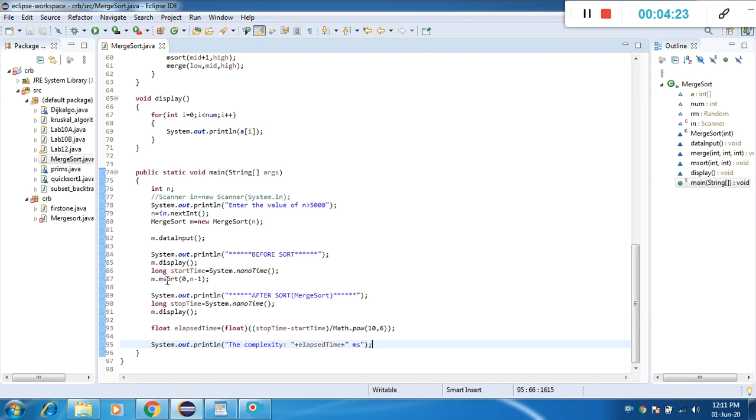Then next you have to call the merge sort function by providing the lowest index value and the highest index value for the given array: 0 is the lowest index value for the array, and n minus 1, that is size minus 1, is the highest index value for that array. By using the lowest and highest index values you make the call to the merge sort function. Then once this execution is completed and the sorting is completed successfully,